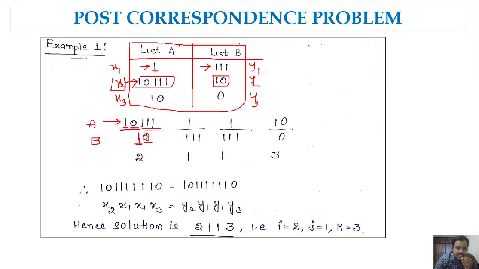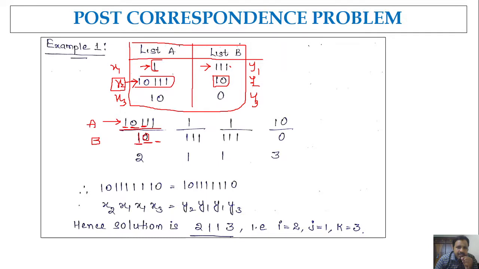The third symbol in A is 1, but we don't have a third symbol in B. So the next time we select the sequence, we have to select it in such a way that the third symbol in A matches the third symbol in B. To get the third symbol as 1 in B, we have to either select